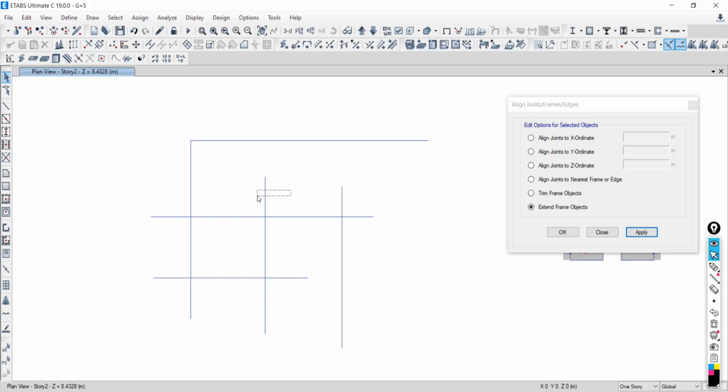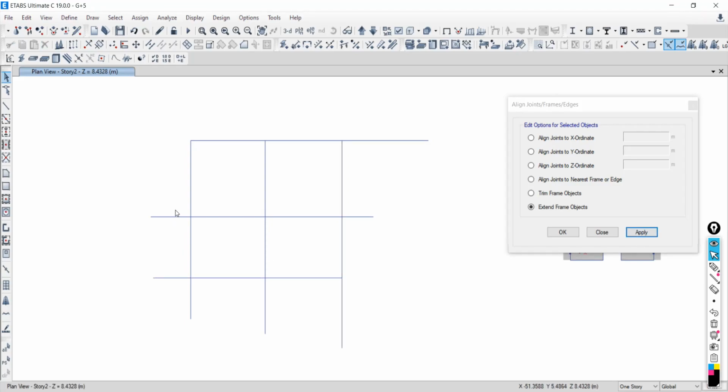So I want to extend this frame up to this frame about this joint. Now say apply. Is it okay? Then select this frame, then also the joint, then this frame up to this frame. Now say apply.